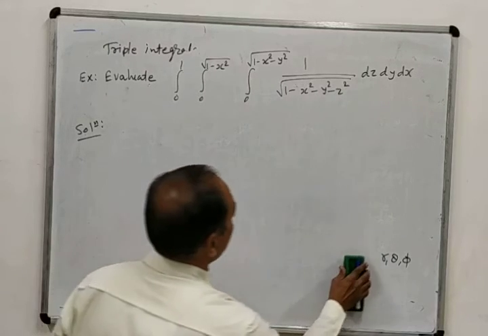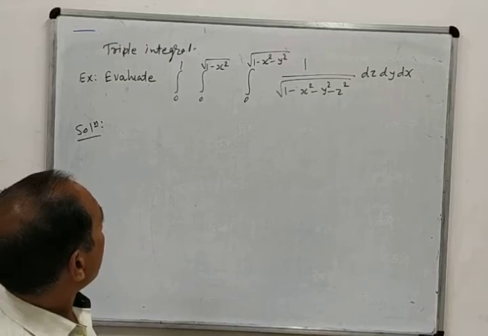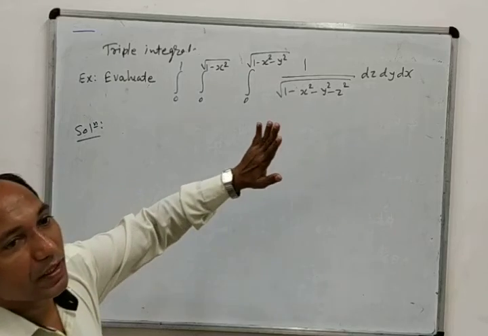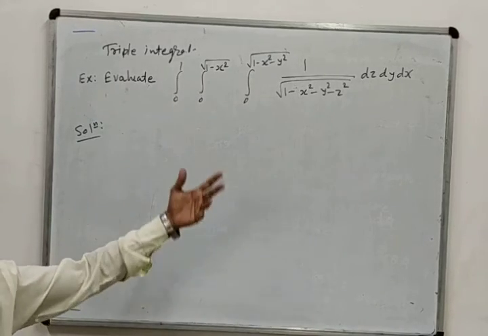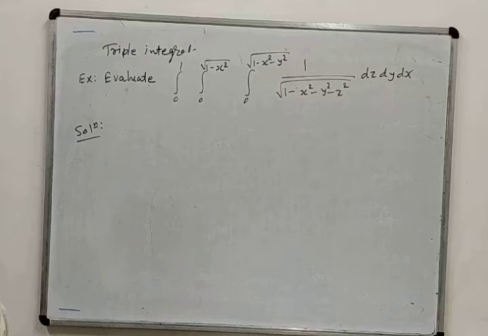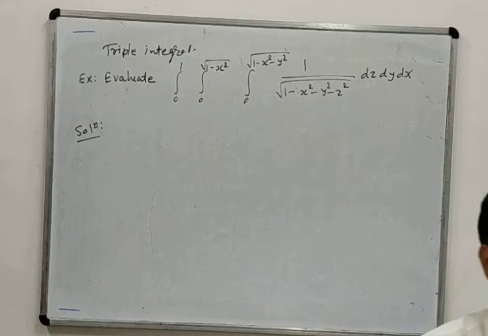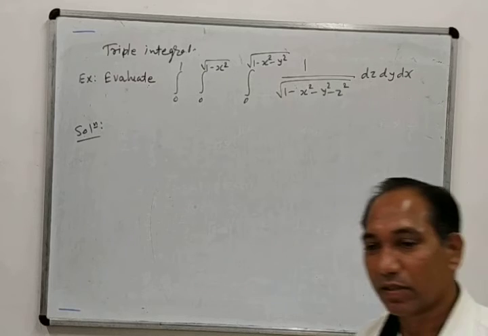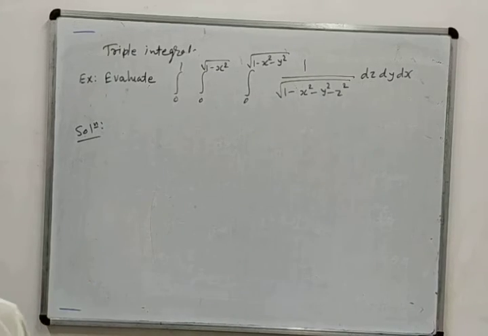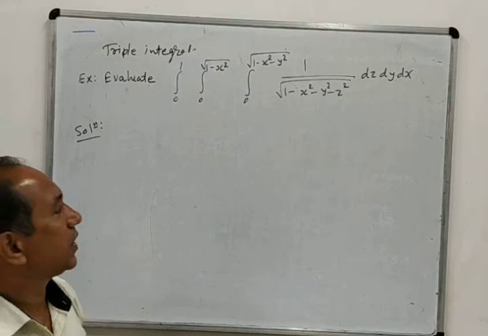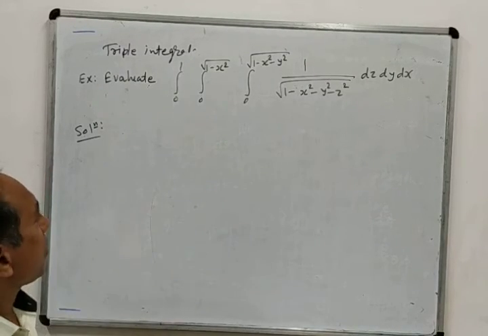Okay, so here you can see this problem we will solve directly, but the same problem can also be solved by converting into spherical coordinates, and I will discuss this in the coming lectures. As we evaluated double integrals given in Cartesian coordinates by converting into polar coordinates, a similar situation is also here. That means we can convert the problems into spherical coordinates. Which kind of problems can be converted into spherical, I will explain in the next lectures. So here I will solve this problem directly.